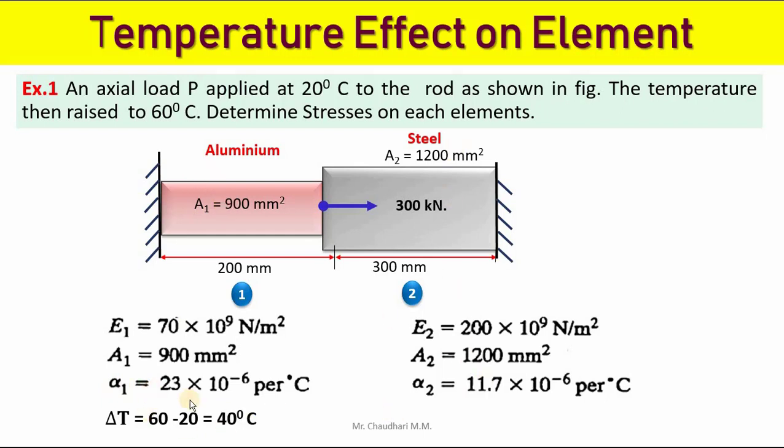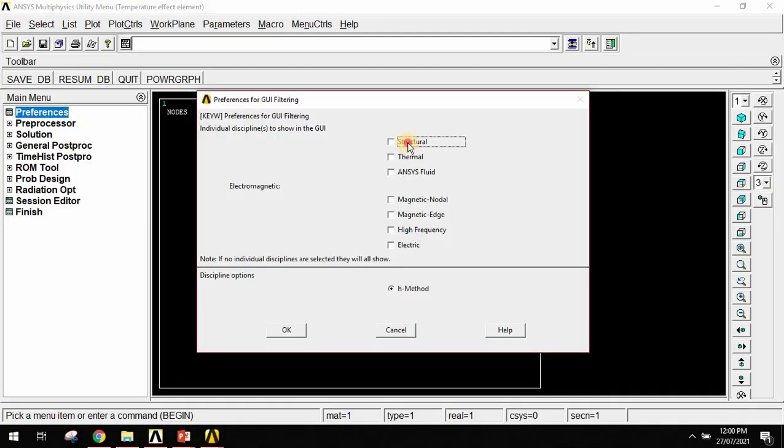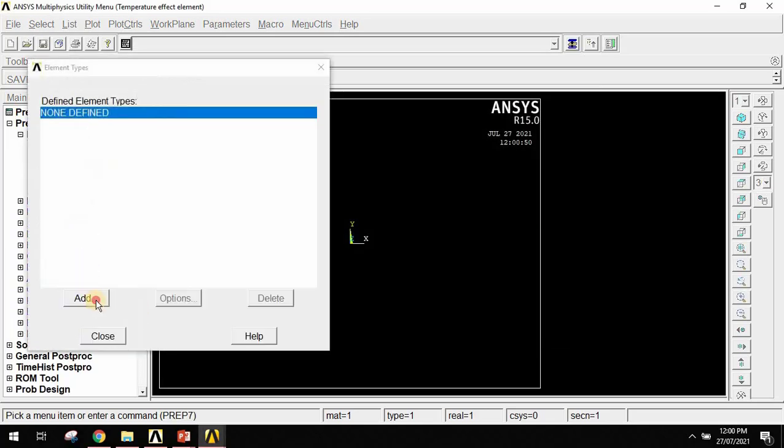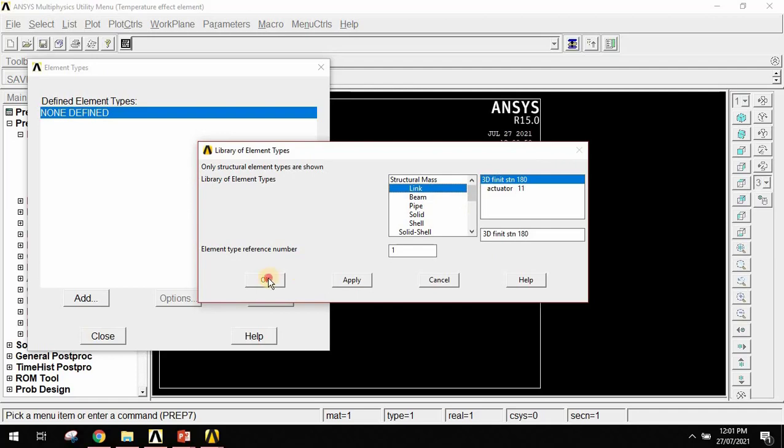Their values are 23 into 10 raised to minus 6 per degree Celsius and 11.7 into 10 raised to minus 6 per degree Celsius, respectively. And after this calculation, we have to compare this ANSYS result with the theoretical calculation. Okay, so let's start. Open ANSYS, click on preferences, structural, okay, preprocessor, add element, Link 3D finite,